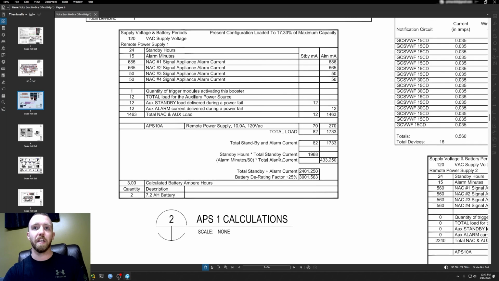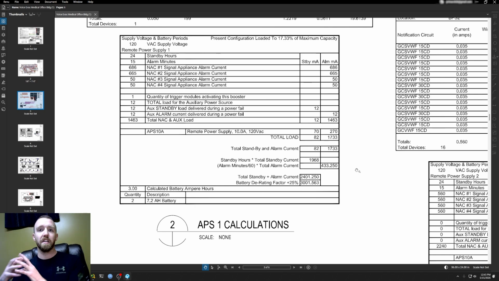So we account for that by adding a 25% safety factor, such that in the event that it is end of life, we've oversized the system so it can withstand any unforeseen circumstances, in theory. So you want to take that total current capacity that we just calculated, and multiply that value by the 25% safety factor, the derating factor. And that gives us